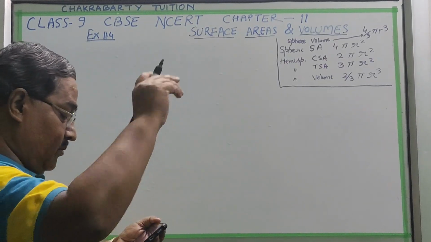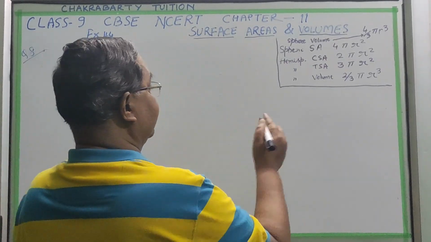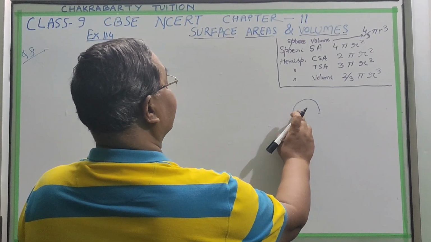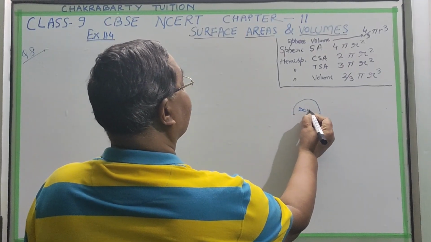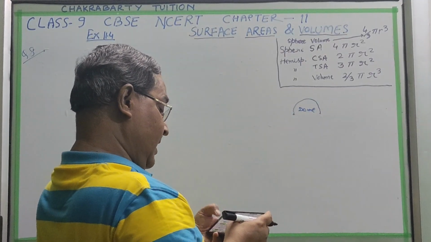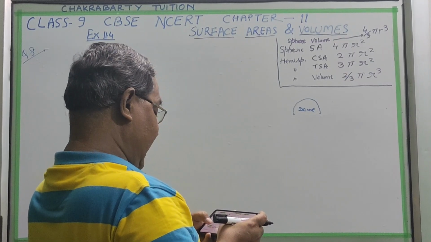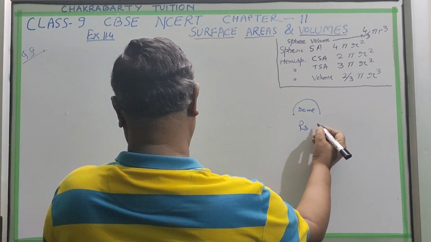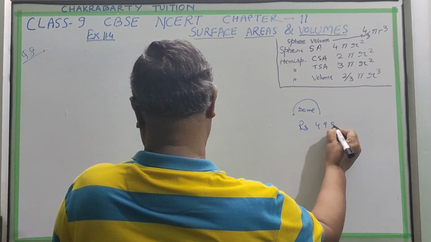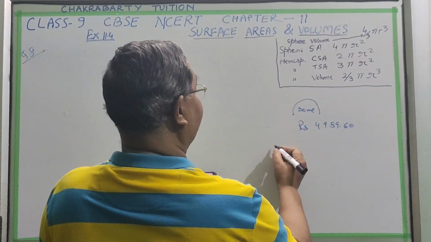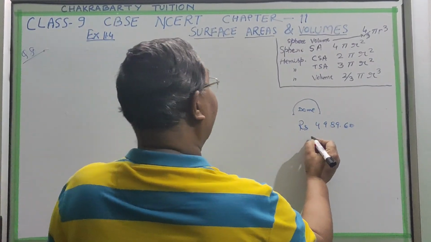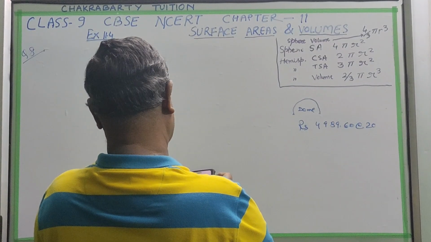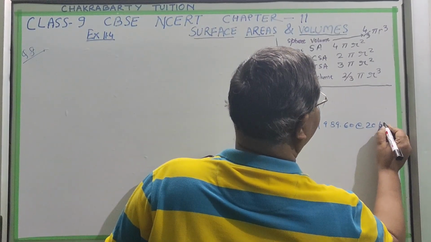Question: a dome of a building is in the form of a hemisphere. Means it is like this. Dome is like this. And here naturally it will be open space. Okay, this is your dome. And from inside it was whitewashed, and the cost is rupees 4989.60 from inside at the rate of rupees 20